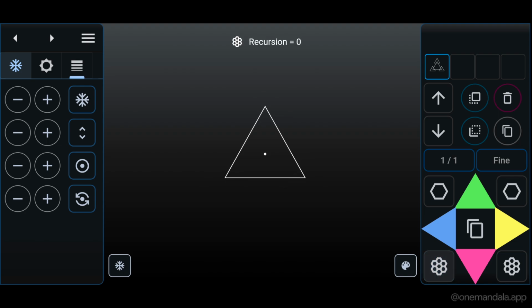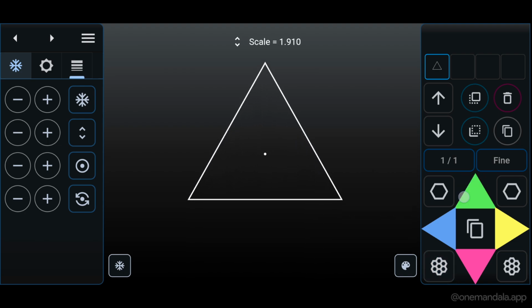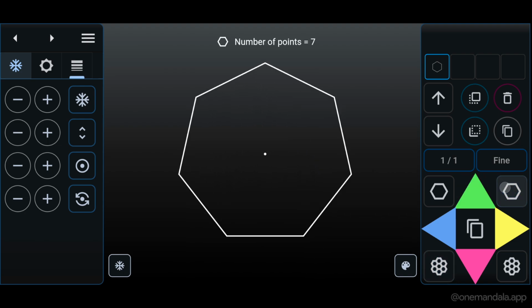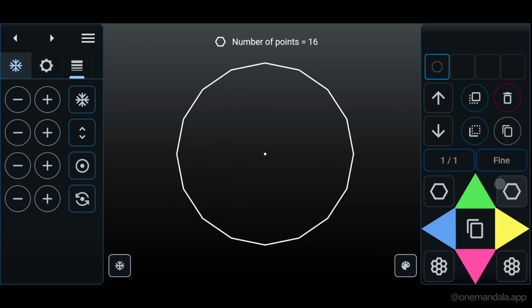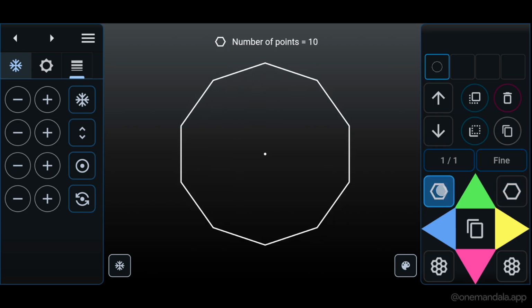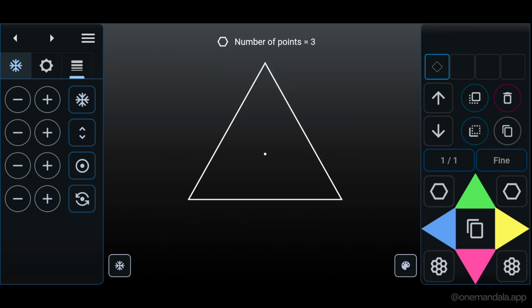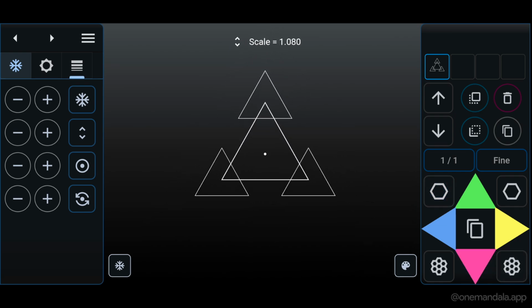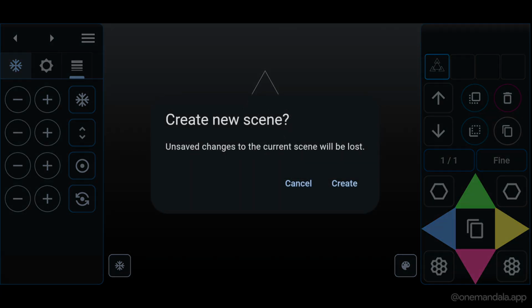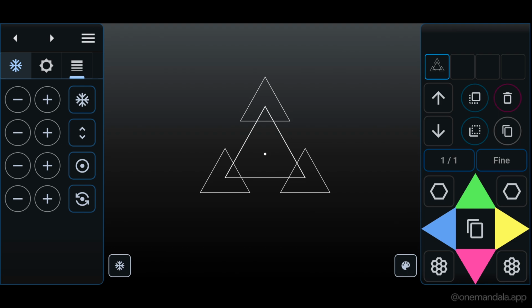In One Mandala, everything is made out of layers. Layers of circular formations that are based on number of points around a circle and recursion of that shape around the layer. There are over 40 parameters that affect the drawing of the layer. Here we will first look at some of the basic parameters that most affect how the layer is going to look. Let's look at first how you can adjust the parameters of a layer.